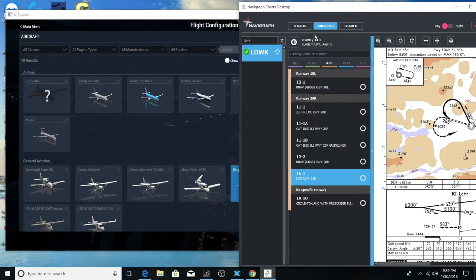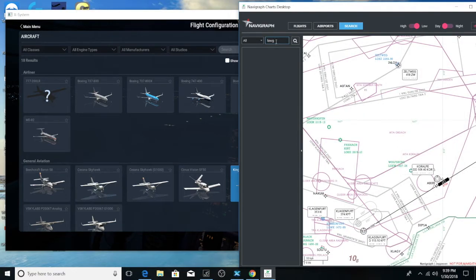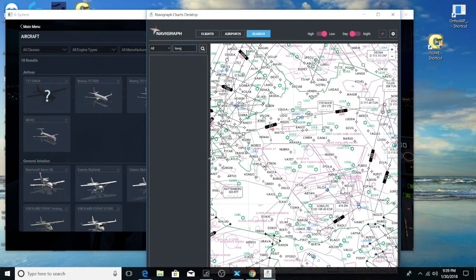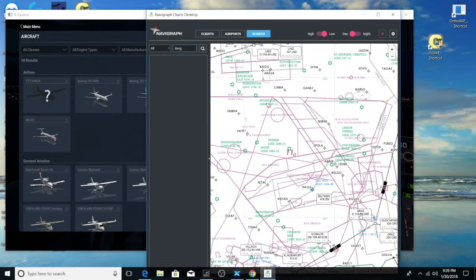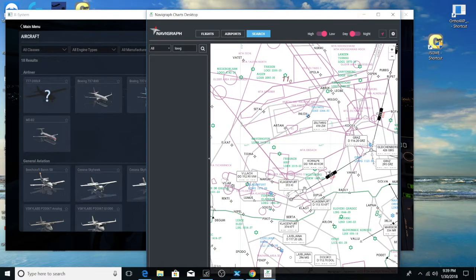If I go back into search and show LOWG, the airport we'll be taking off from. Here we go. This is Graz. Here we go. This is the airport we'll be taking off from, and then we're gonna fly southwest to here, to the first